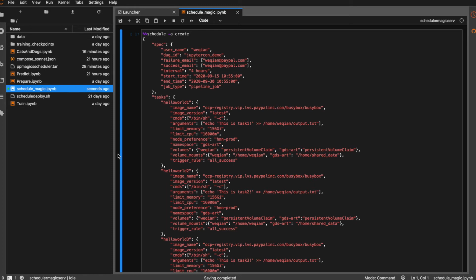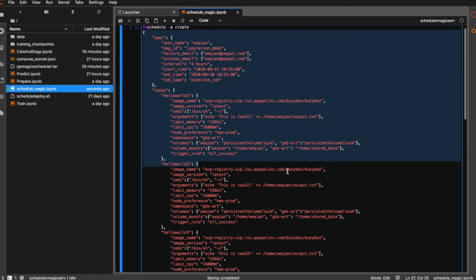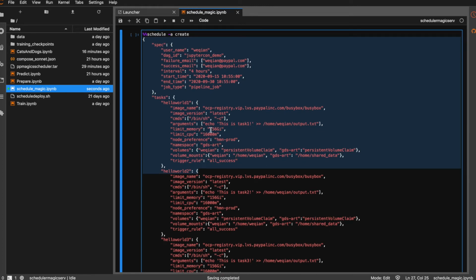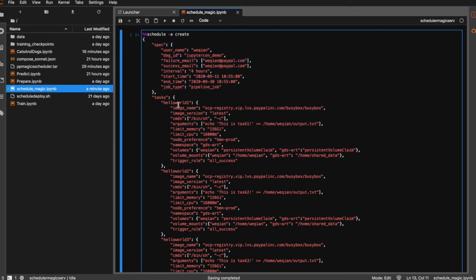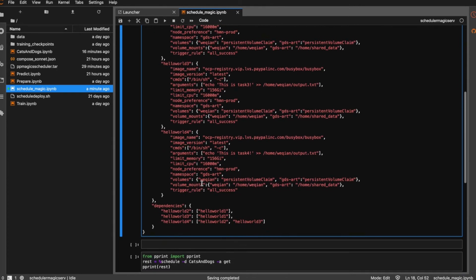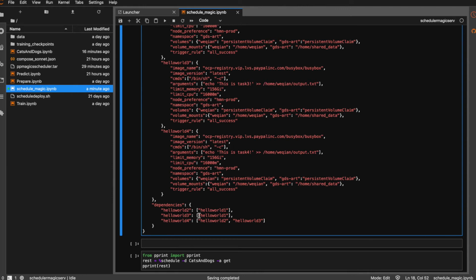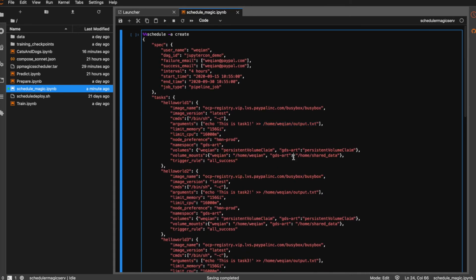So now let's see an example of scheduling multiple tasks in the same job via schedule magic. So you can see here I'm passing a dictionary to the magic. We defined the job specification and each task, and the task need not be a specific notebook task. Here I'm only writing some random text to a file, which is stored in a PVC. We have 4 different tasks, and here we define the dependencies between these tasks. Now let me execute this one,